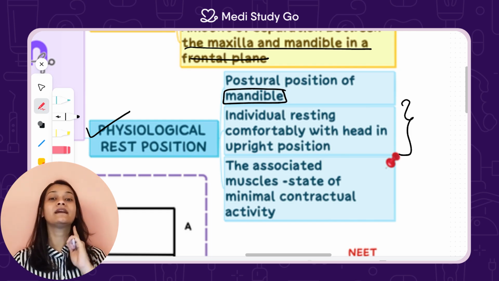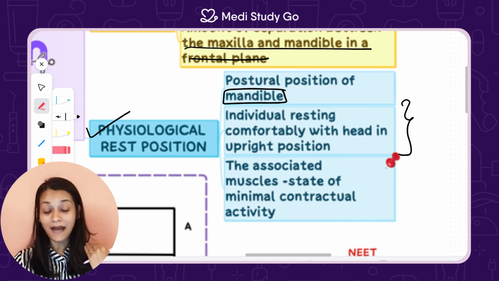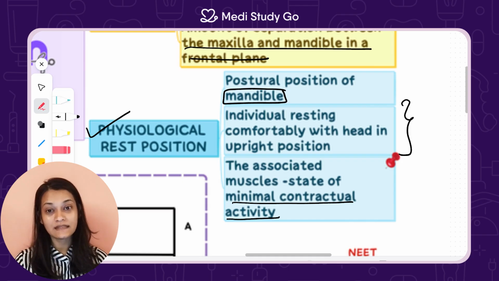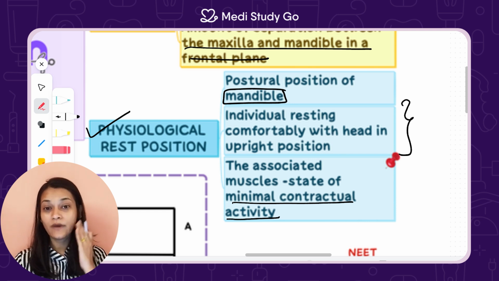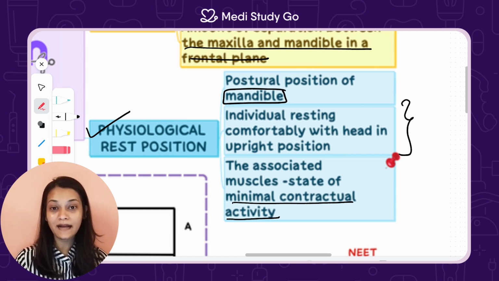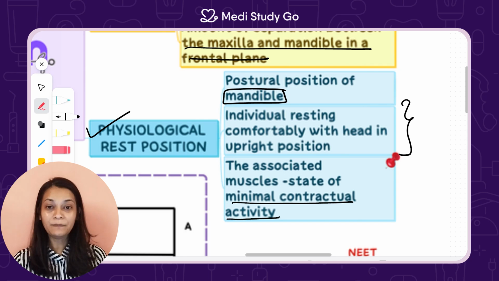There is no gravity to tuck your mandible backwards. And this is associated with a state of muscle that is at minimal contractual activity. When your muscles are not hyperactive, not completely at rest, there is a minimal amount of contractual activity that is happening,